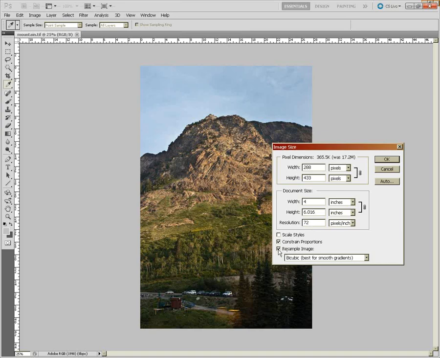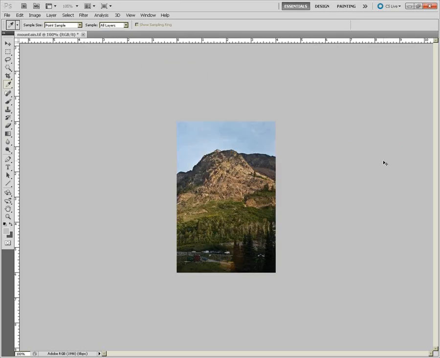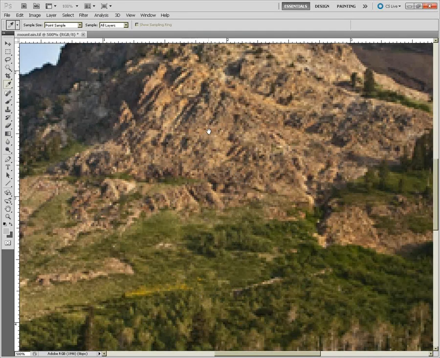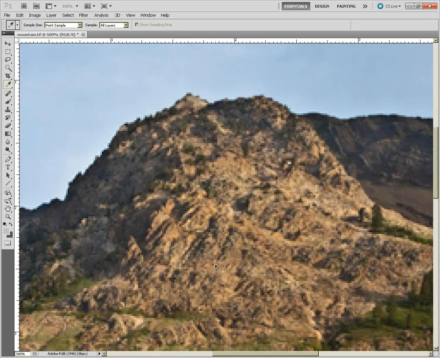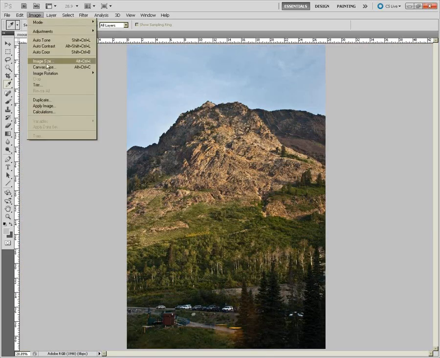Problem is, because I'm choosing resample, I'm now downsampling this to 72 dpi. And guess what? When I do that, now I've got a small image, and if I zoom in on it, I can see my pixels. So now I've created a pretty low-res image. So I'm going to undo that, bring myself back to my high-res image,